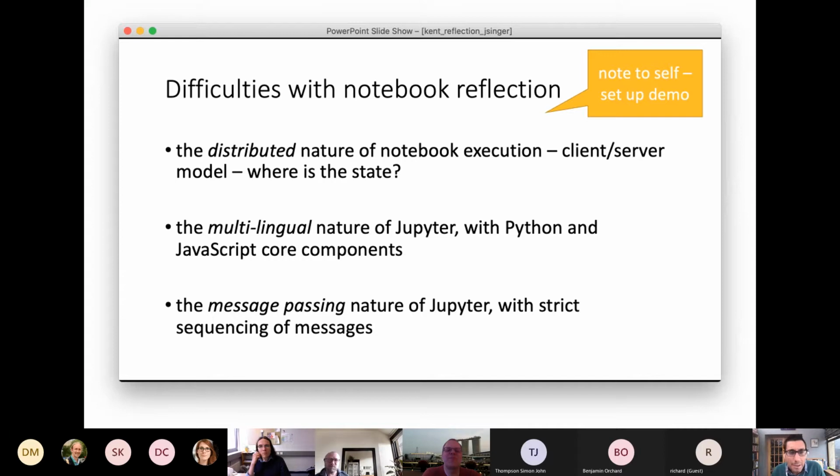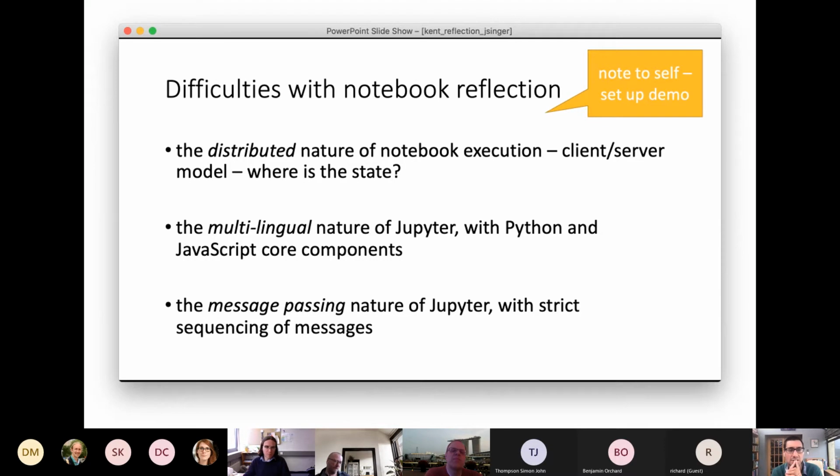Haha, good. So I think there are some challenges with implementing reflection in the Jupyter system. One is the distributed nature of notebook execution. You are looking at the program and the state inside your browser, but on the server, state is being accumulated, and sometimes those two things can become inconsistent.